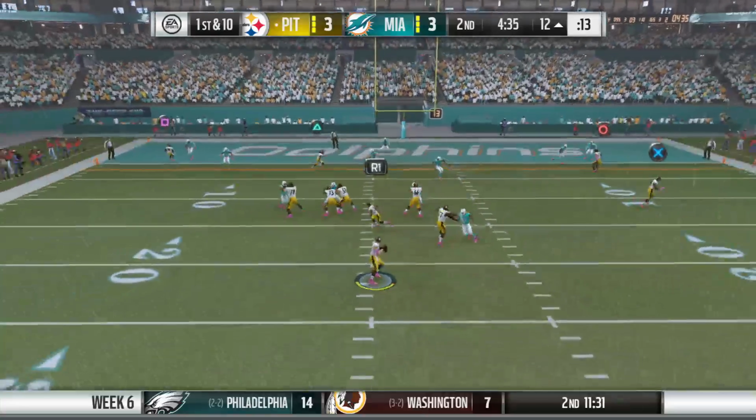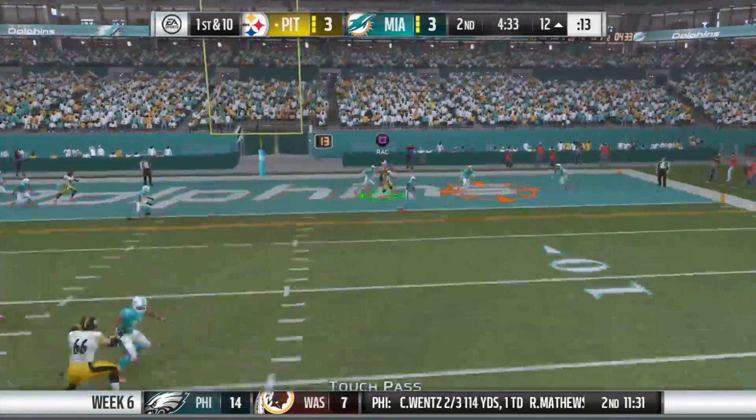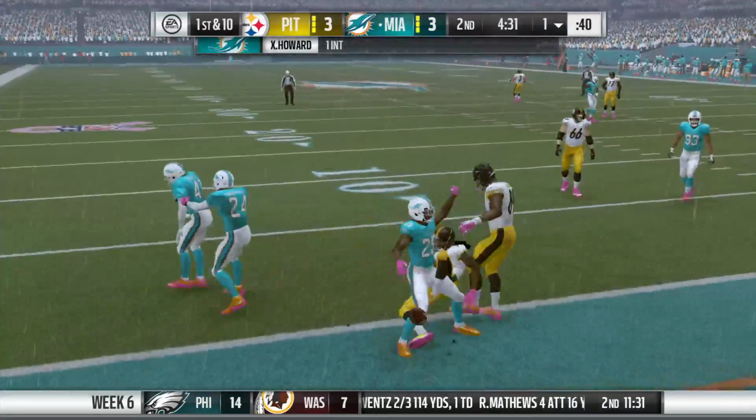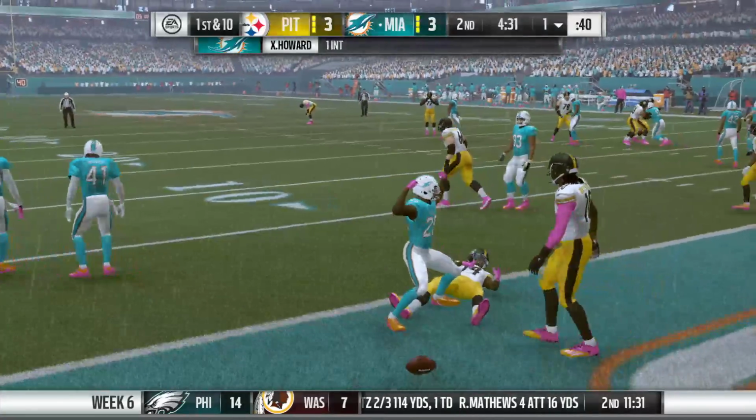They go play action here on first down. This is intercepted. Picked by the rookie Xavier Howard. And a big turnover there as his...